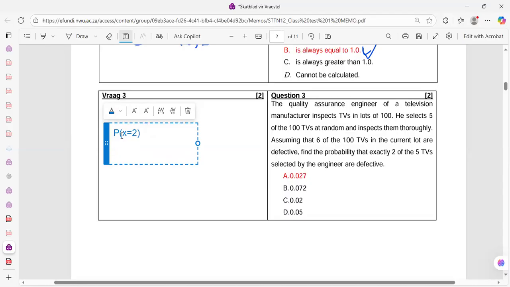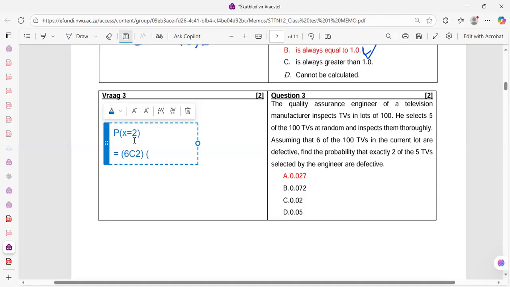Find the probability that exactly 2 of the 5, okay? So for us to get that probability, it's going to be the probability equal to 6 combination 2, 6 C 2 for the 6, and the one for the exactly 2. And then